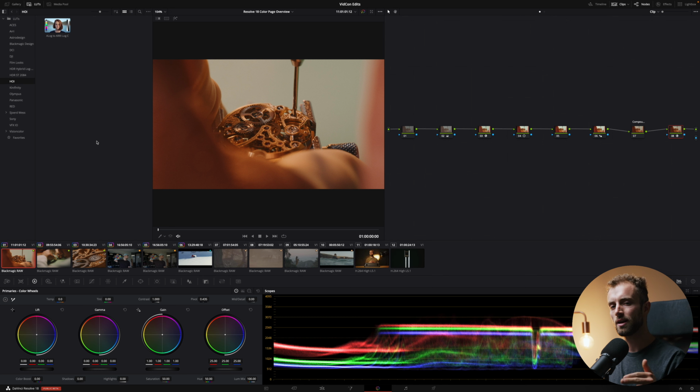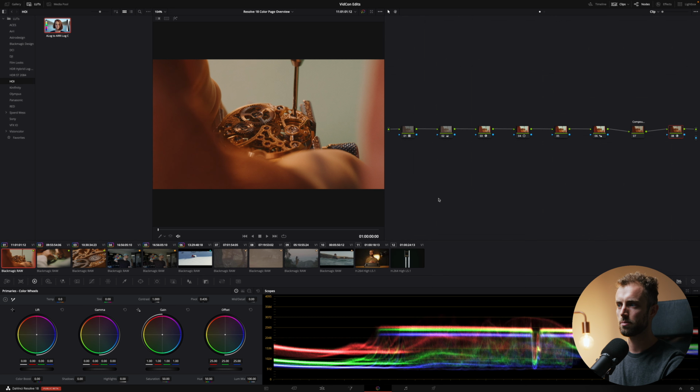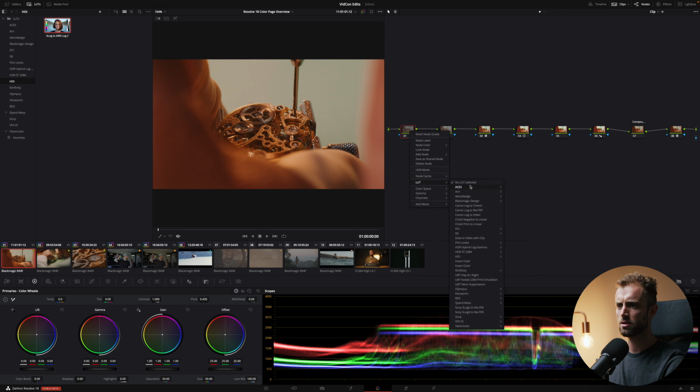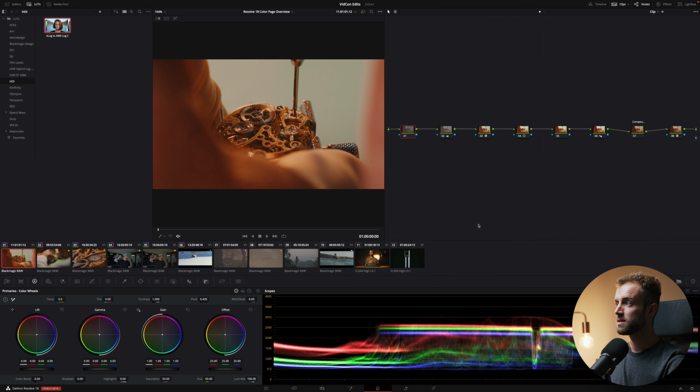Great. So that's how you can import your own LUTs, and then if you want to apply them to your footage, just drag them onto the clip, and that's that. Easy as that. You can also just right click on the node itself, LUT, and then here is Hoi. Nice. So that is that. Not a lot extra I can tell about LUTs, but just check it out. Go to the page and just see for yourself.